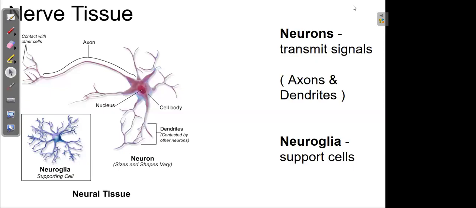So the next one is nerve tissue. A nerve cell is the longest cell in the human body, and a nerve tissue consists of interconnected nerve cells. The work of the nerve cell is to transmit information and messages from one place to another in our body. So a nerve tissue,